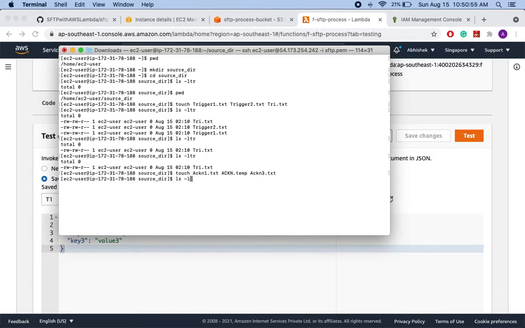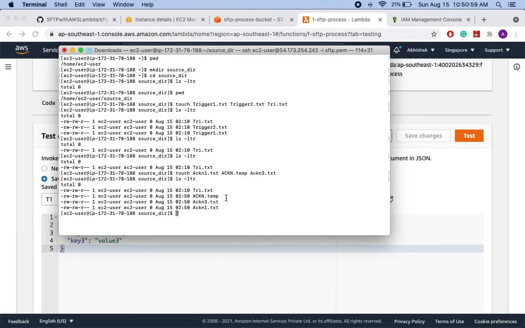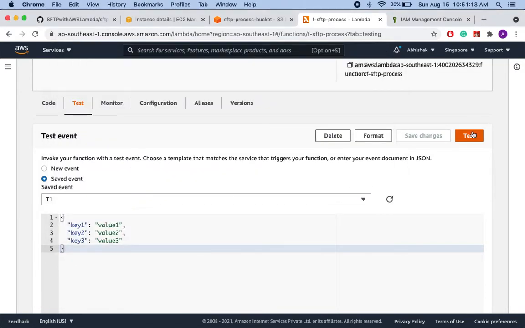I have created these three files, one with capital ACKN and the other two with small ACKN1 and 3.txt. If everything goes right, we will be able to transfer these two files and ACKN in capital will not be transferred. So let's execute the code.